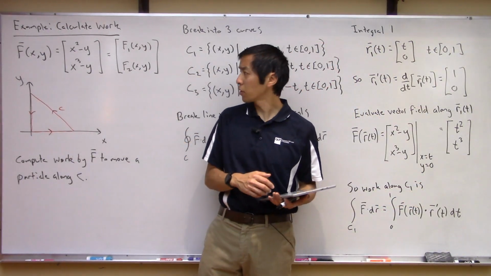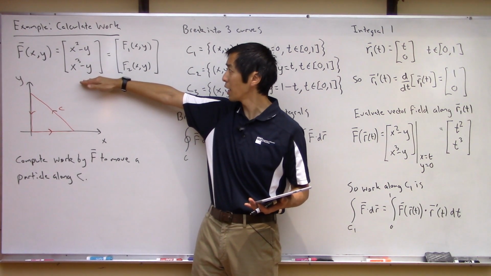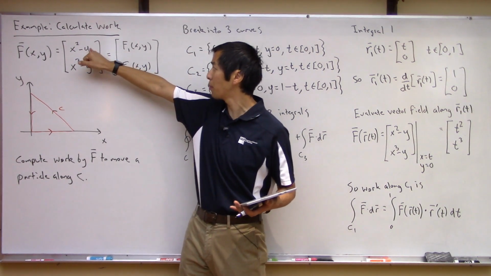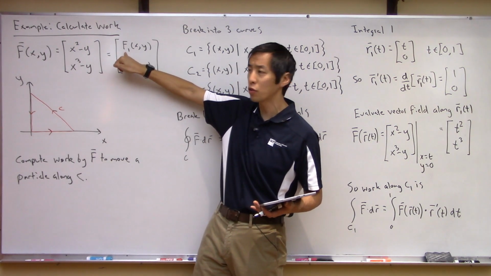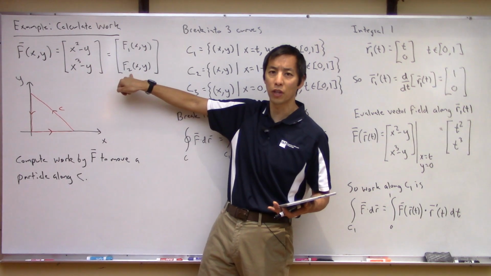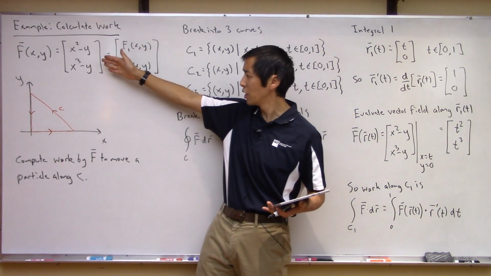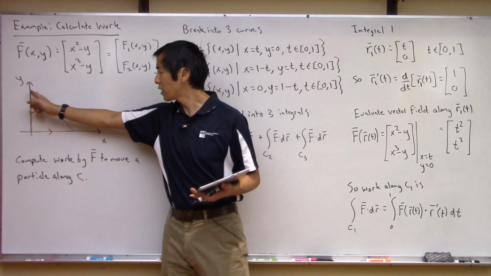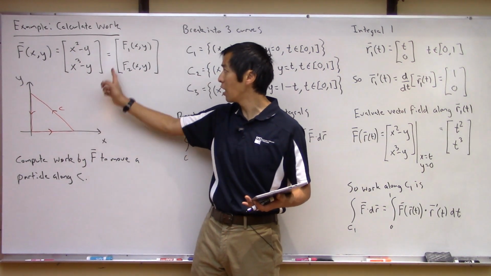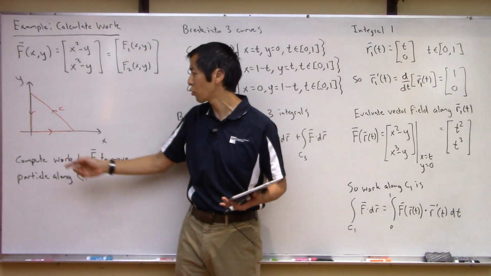All right, so let's look at an example. Let's say you've got a vector field F which looks like this. Again, we're going to consider the x component of the vector field to be that function f1 in Green's theorem, and the y component to be the f2 function in Green's theorem. So we've got this vector function defined, and we want to understand the work done by this vector field to move a particle along this curve C, which is sort of this triangular shape here,